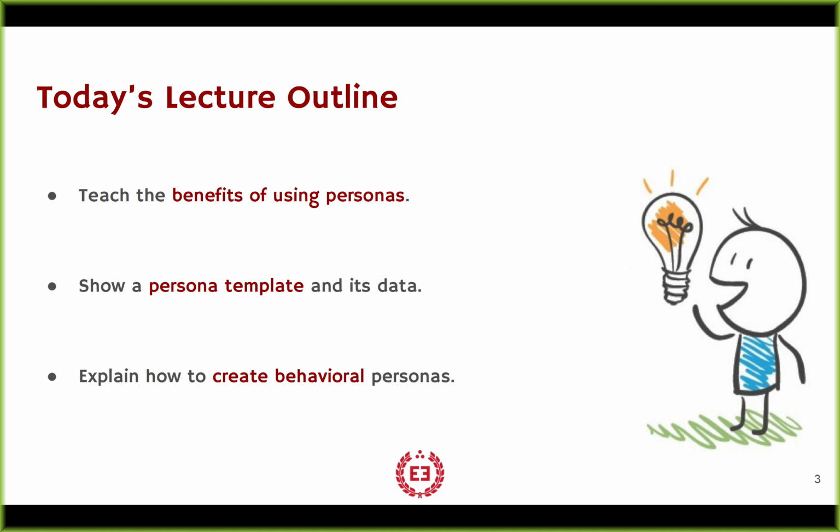Today's lecture has three parts. We're going to go over the benefits of using personas, and I will make the distinction, like I have in the previous lectures, between a profile and a persona. Then I'm going to show a persona template, specifically one that we use here at Emperitas, and then the supporting data around it, so that you can get a picture of the kinds of information you could go get to build your own, and a template to use to start. And then explain how to base these personas on behavioral data, some that you may already have observationally, and some that you may be able to go get through research.